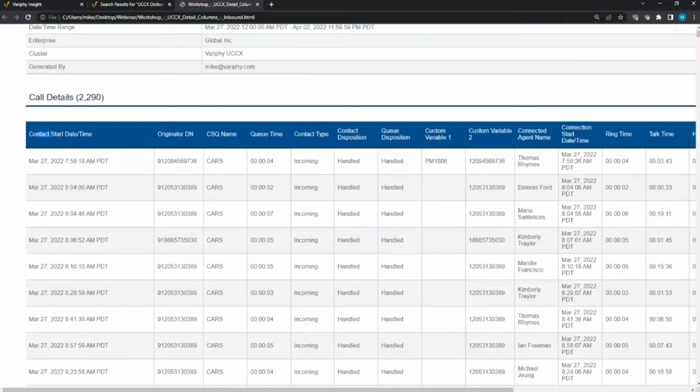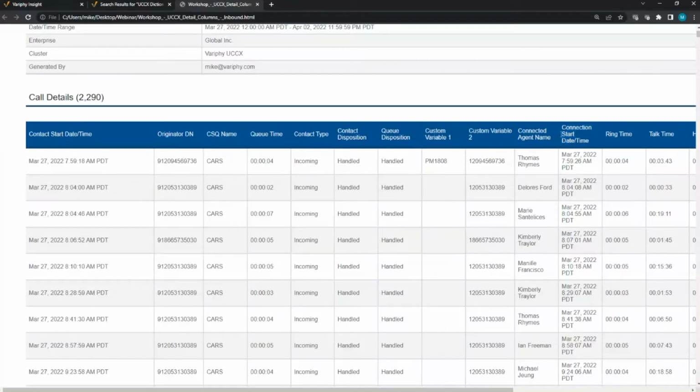Jumping back in here, going from left to right, my first column I selected was the contact start date and time. We actually have four different timestamps. We have the contact start date and time, the contact end date and time, and then over here I have the connection start date and time, and the connection end date and time. I didn't select the end times for this one. The contact start date and time identifies when the call began. Think of it like when the call was born, when the call manager sends the call to the CCX and it's first connected. That's when this timestamp is created.